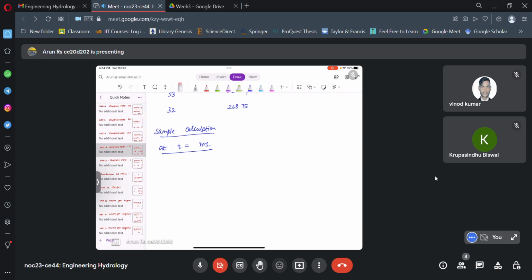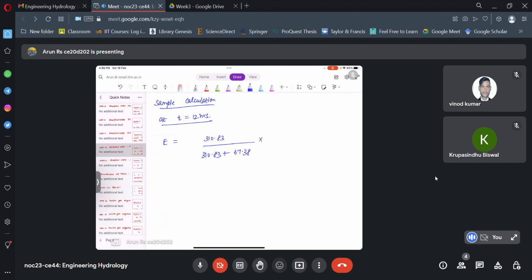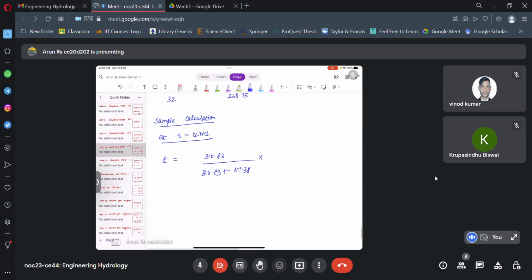Let me do it for the 12th hour itself, because we are mostly doing it for the 12th hour. So your evaporation rate is equal to 310.83 divided by 310.83 plus gamma, which is 67.38, into the evaporation from the energy balance method, that works out to be 11.86 mm, plus